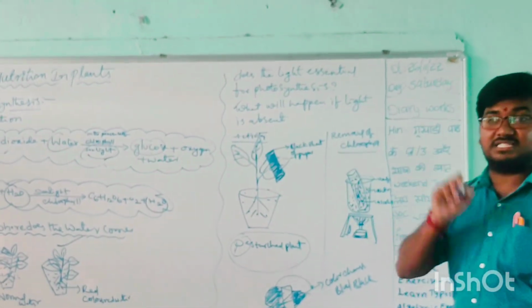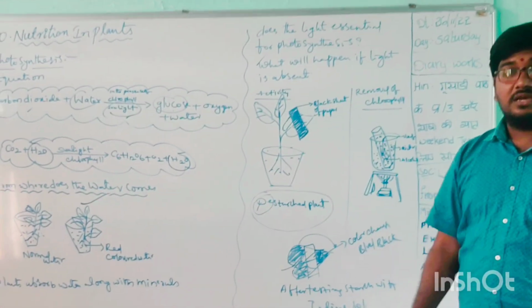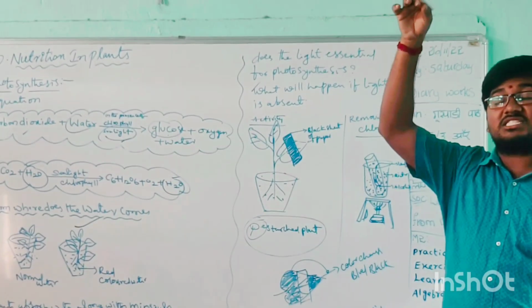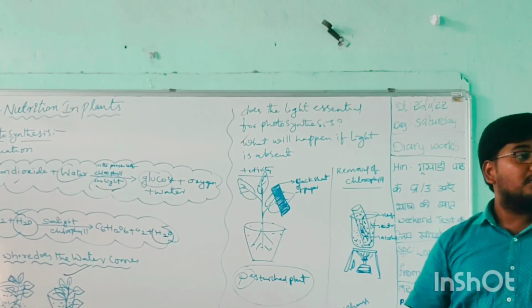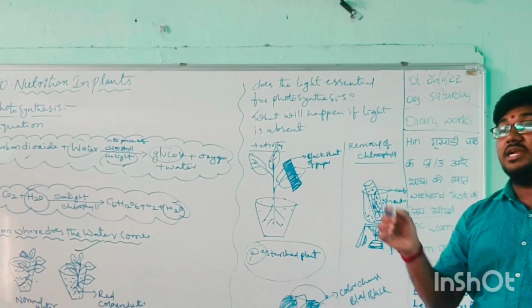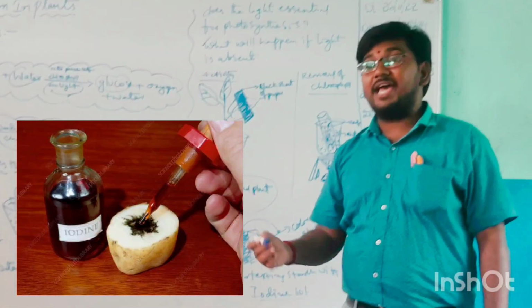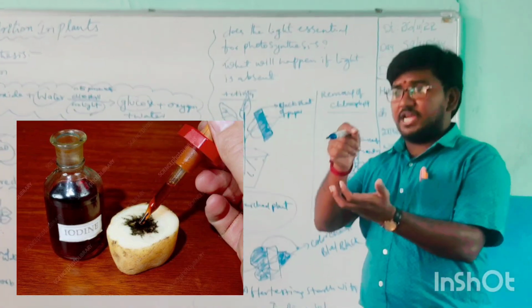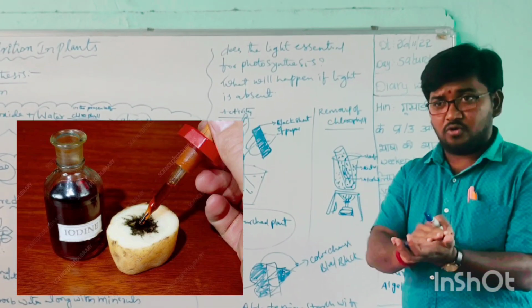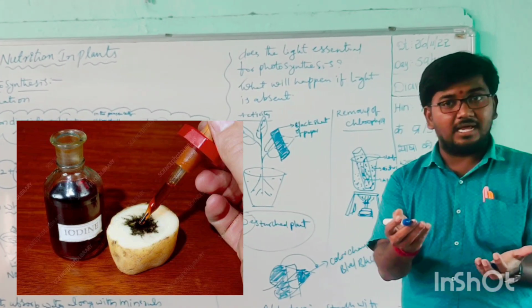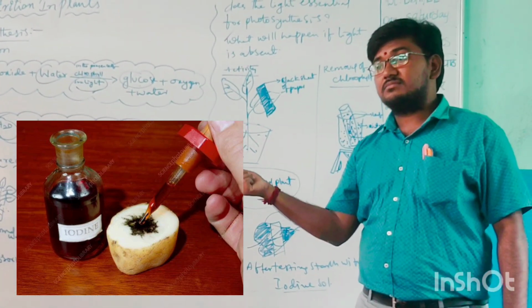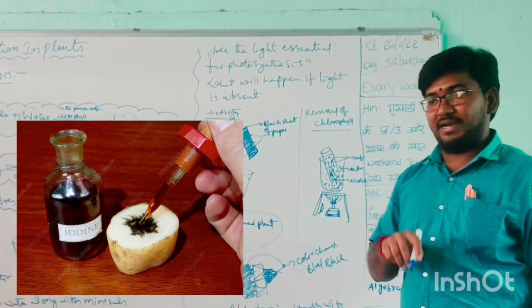Later, what do we have to do? Test for starch. Once recall how we did the starch test in the first lesson. Can you say? By the iodine solution. Very good. With the help of iodine solution, when we put the iodine solution on the food material like potato, what does the color change indicate? Blue or black color. Changing color means starch is present in the food material.